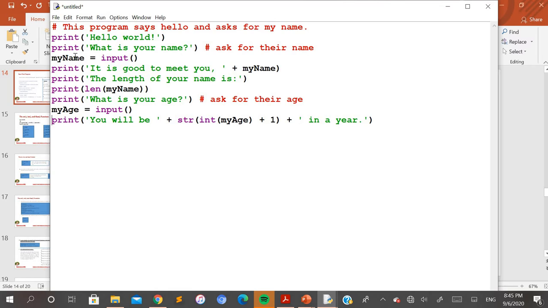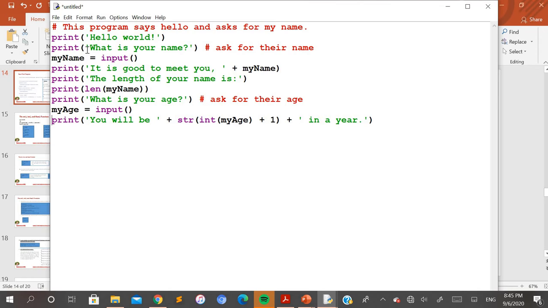So I hope you are seeing here some lines that have been written with the hash symbol in red color. These are nothing but the comments that are written over here. So what are comments? It doesn't require any explanation, right? The comments are nothing but some additional information that you might want to give for the program that you are writing. So in Python you can write the comments using the hash symbol here.